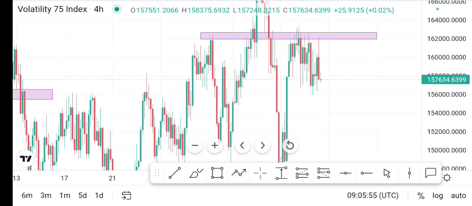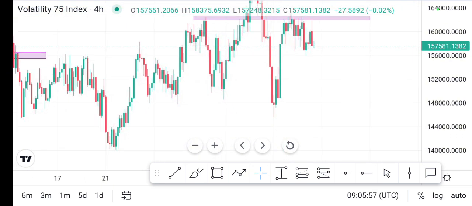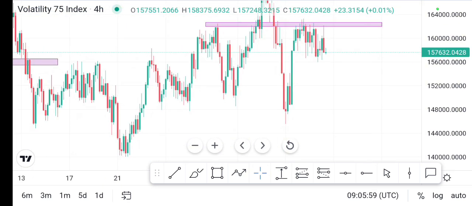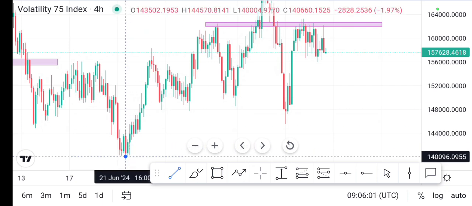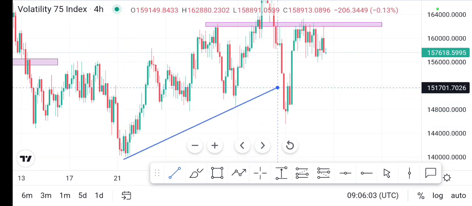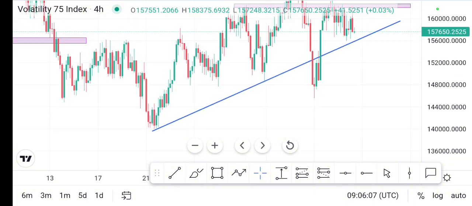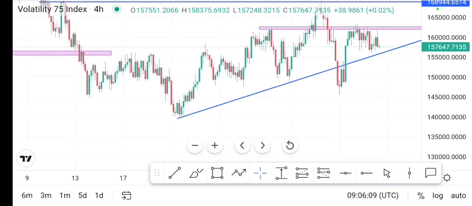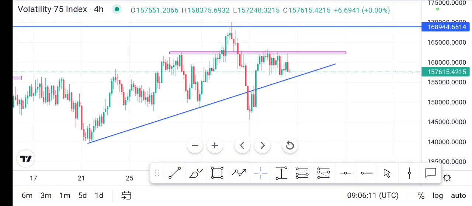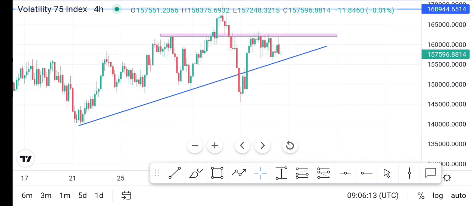Then what head and shoulder pattern. So if we can get our trend line, we connect this low here and we connect this, we can see that the trend line was also what got broken. After the trend line got broken, we came inside to make a retest.